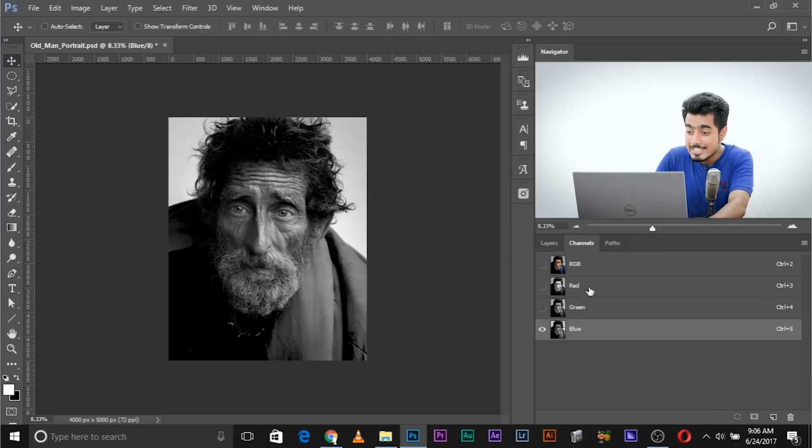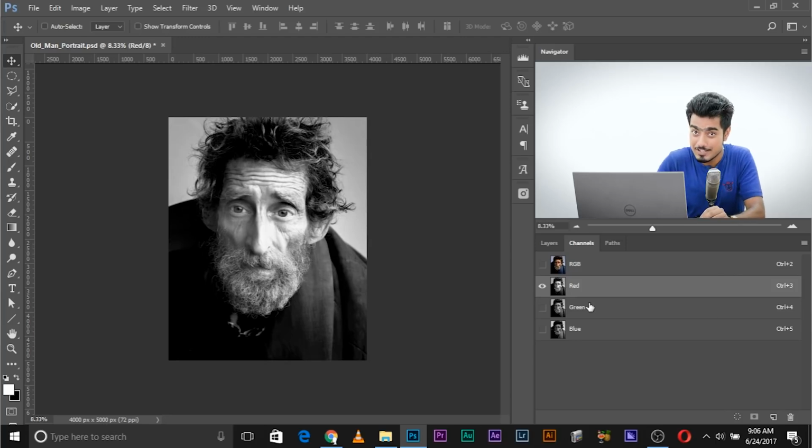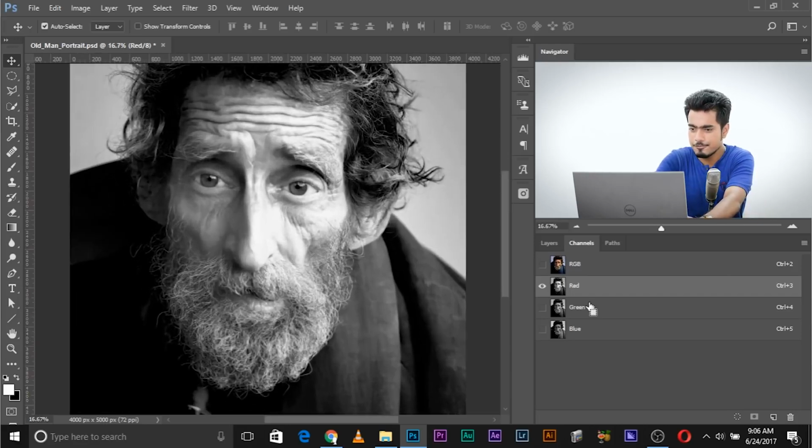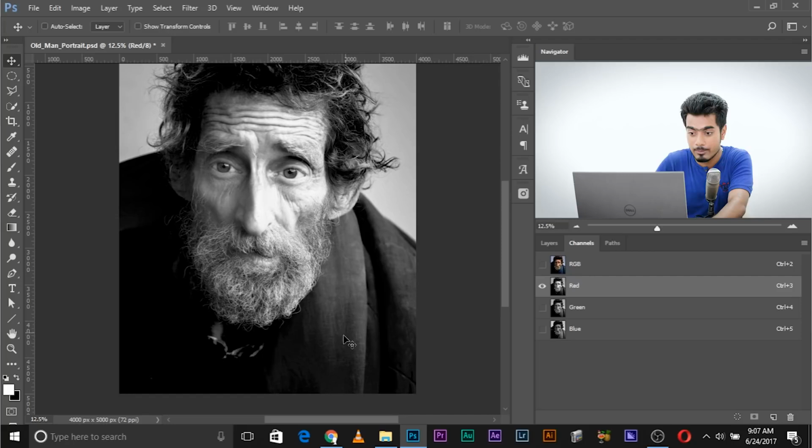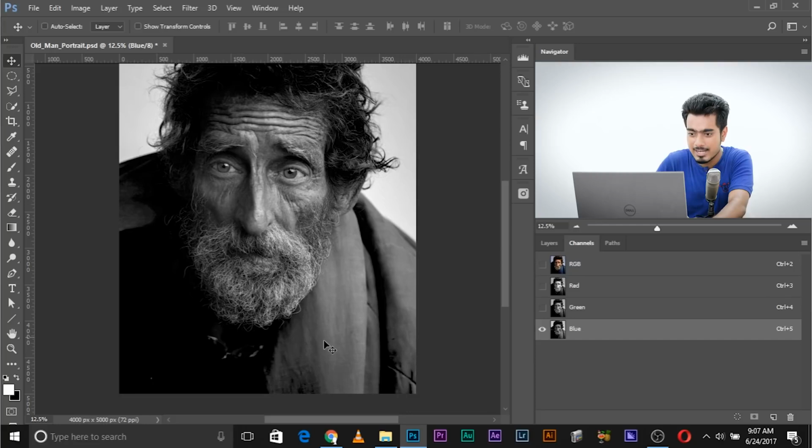Now, some of you might ask if these are red, green and blue, why are they black and white? Good question. Let me show you why. These are just representations of red, green and blue. Let me show you how. If you zoom in and if you choose the red channel like I have chosen here, see this area? This area is very bright, which means that this area has a lot more red than this because this area is relatively darker. But if you go to the blue channel, have a look. This area is brighter and this area is relatively darker, which means that this area has a lot more blue